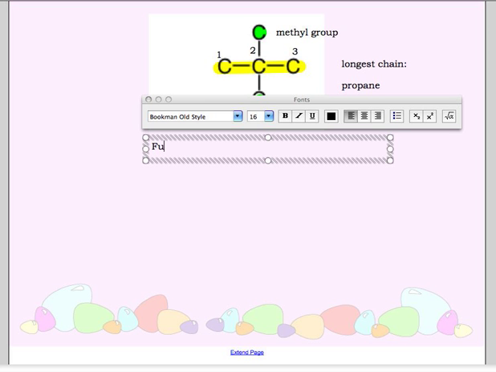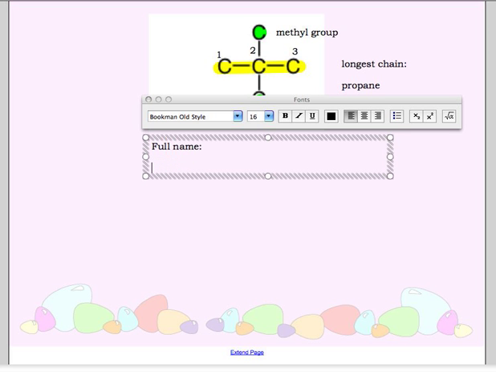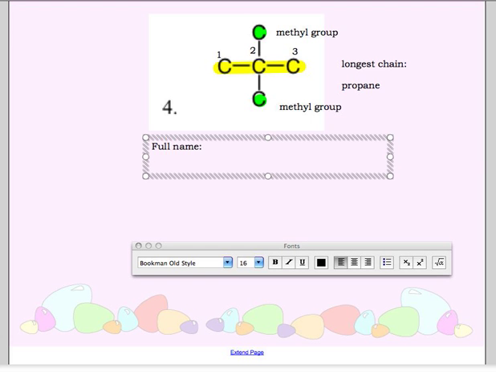But what we're going to have to do is say that the methyl groups, since they're the same kind of group, are going to go together. So we're going to say on the number 2 carbon, there's a methyl. And on the number 2 carbon, there's another methyl group. And you have to put a number for each thing that's hanging off. So if 1 methyl had been on the number 2, and 1 methyl had been on the number 7 or something, if it was a big carbon chain, you would have to put a 2 and a 7. And then because this is a methyl and this is a methyl,